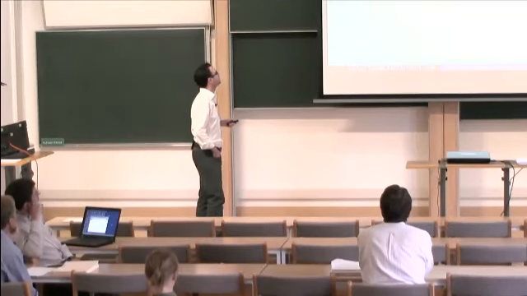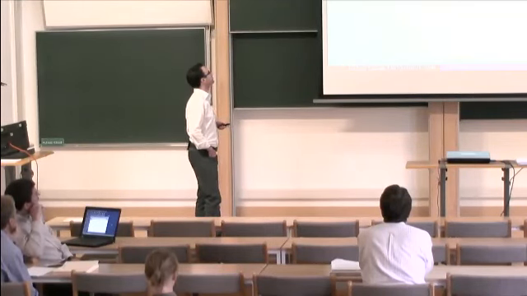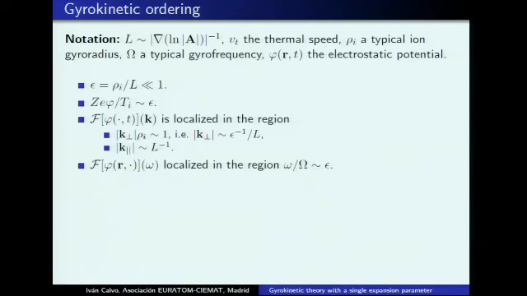So first, some notation. Denote by L the macroscopic scale given by the typical length scale of variation of the magnetic field, Vt the thermal speed, rho I a typical ion gyro radius, omega the typical gyro frequency, and phi the electrostatic potential. When one speaks about gyrokinetic ordering, one understands something like this: that epsilon, defined as rho I over L,